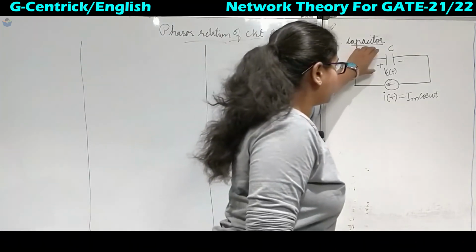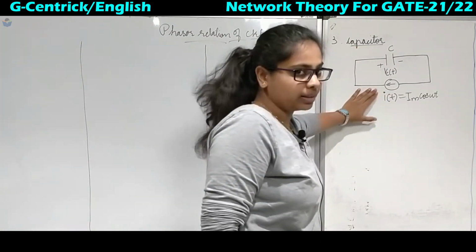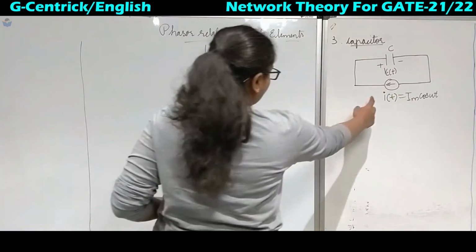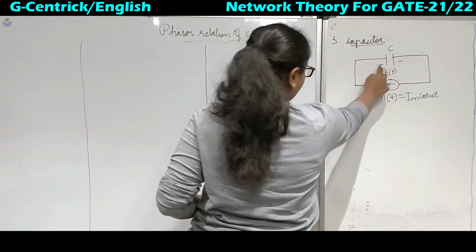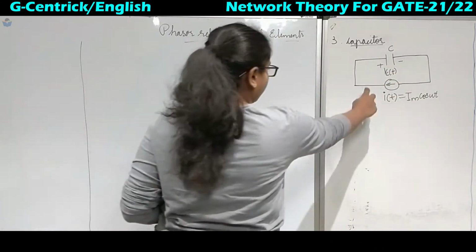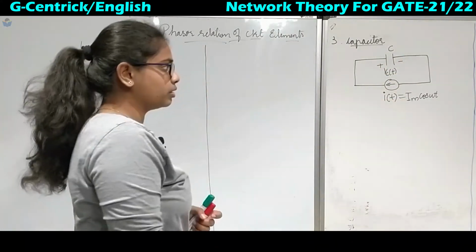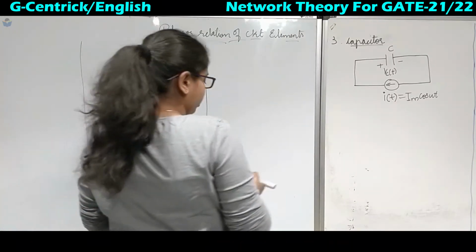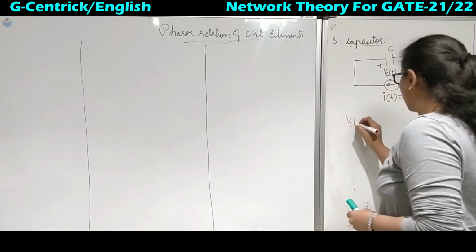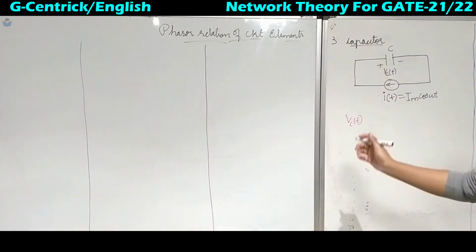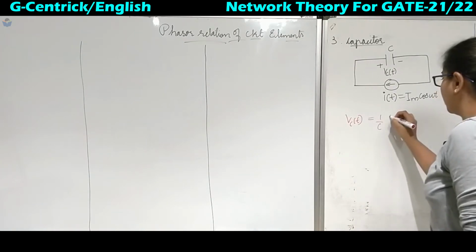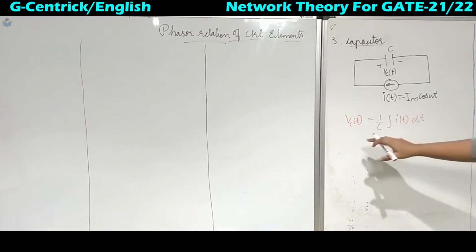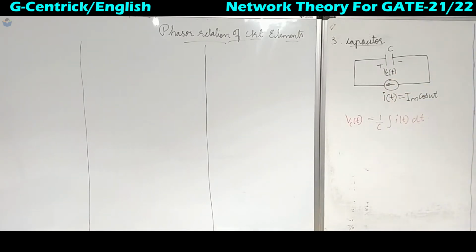Okay, this is the capacitor which is given a source supply, that is the current supply of the value Im cos omega t. When current I is flowing in this direction, then plus will be here and minus will be there because it's a passive element, and the voltage across the C is Vc of t. So what is the formula for writing the voltage? How do you find the voltage across this capacitor? It is 1 by C integration I of t into dt. This is the formula for finding the voltage across the capacitor.